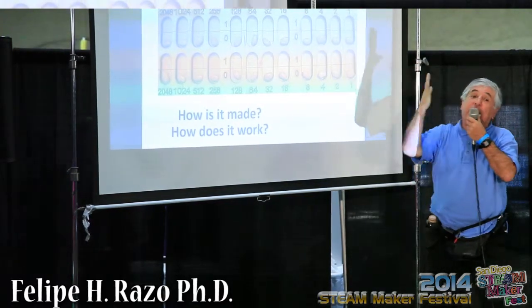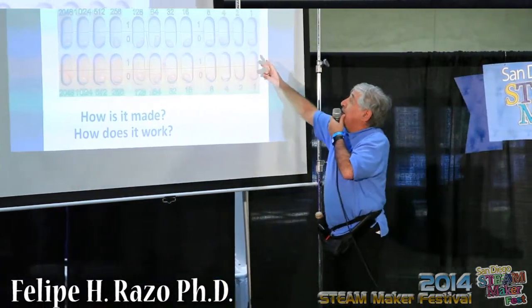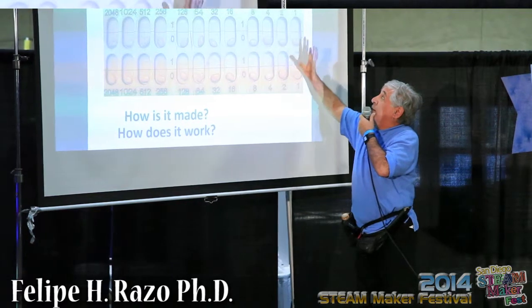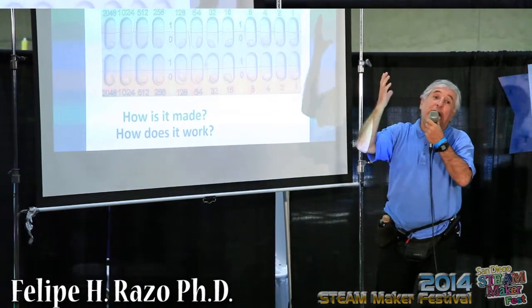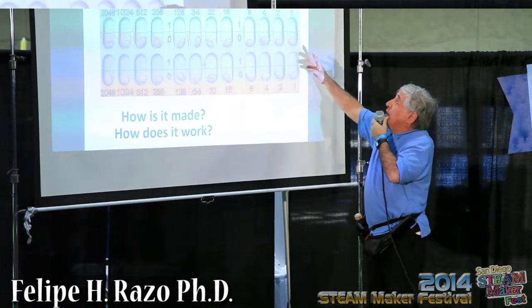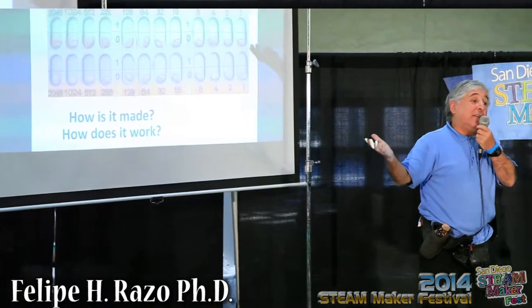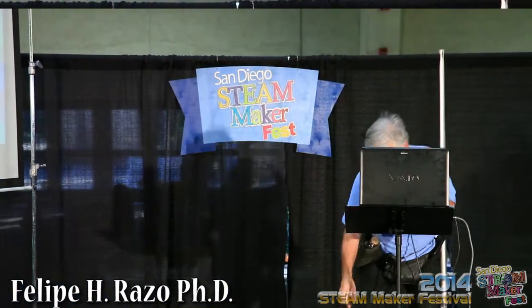Decimal is base 10 because we used 10 fingers in the old days. Now binary, this is a transistor inside the computer that does this and this. Each one is a transistor. It's actually another little circuit called a flip-flop, but they took care of this and it operates at the speed of light. This is today's technology, and this abacus,